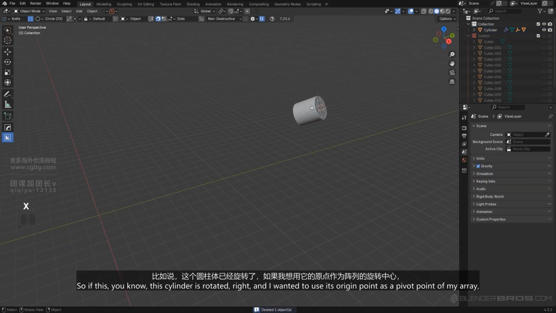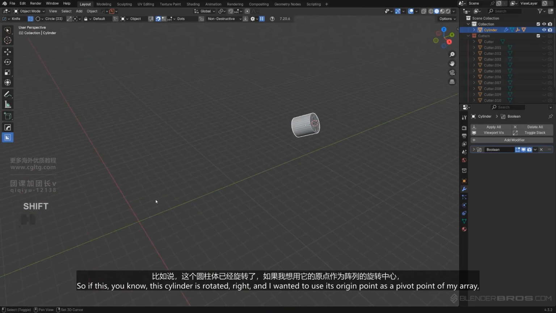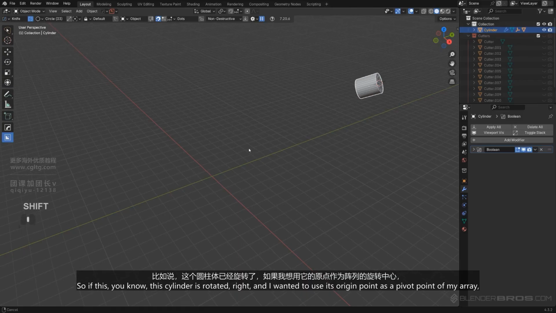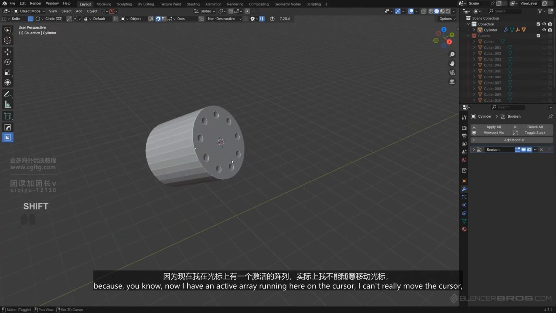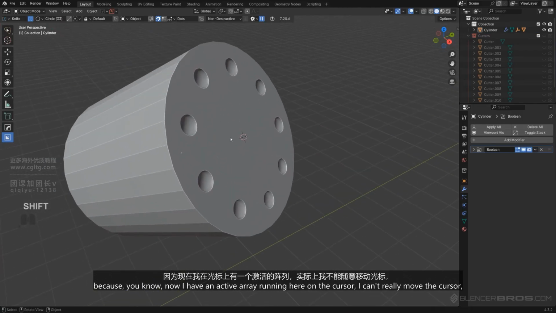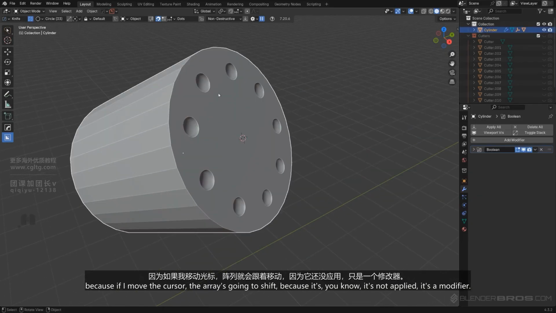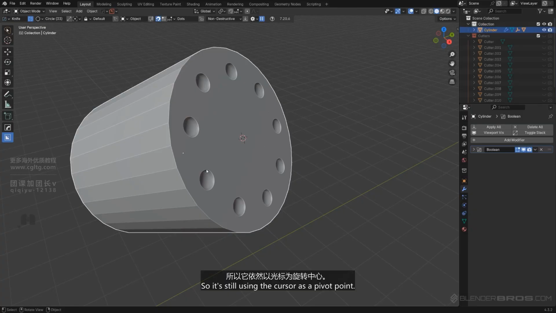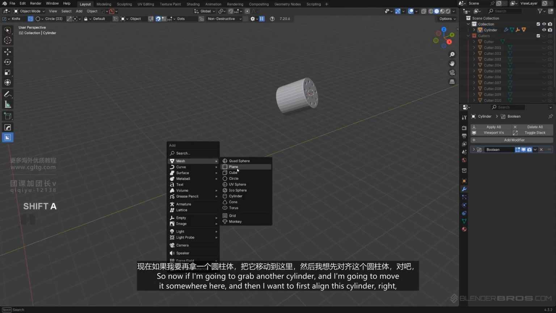So if this cylinder is rotated, and I wanted to use its origin point as the pivot point of my array, because now I have an active array running here on the cursor, I can't really move the cursor, because if I move the cursor, the array is going to shift. It's not applied yet, it's a modifier, so it's still using the cursor as a pivot point. So now I'm going to grab another cylinder,